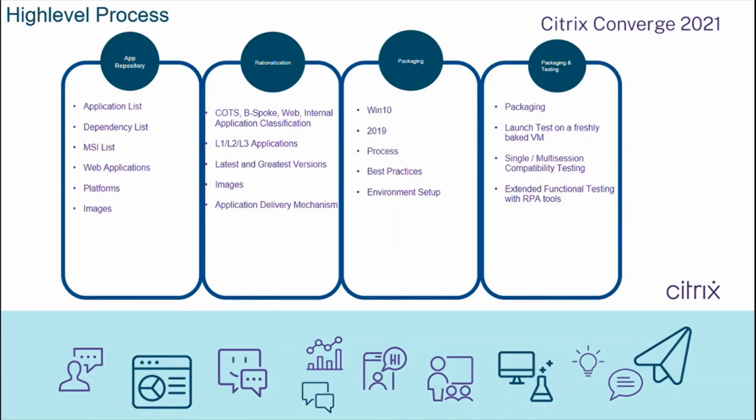High level process. We begin from the app repository. It may be an application list, dependency list, MSI list, web applications, platforms, or images. Next one is rationalization: COTS, bespoke, web, internal application classification, L1, L2, L3 applications, latest and greatest versions, images, application delivery mechanism, packaging,